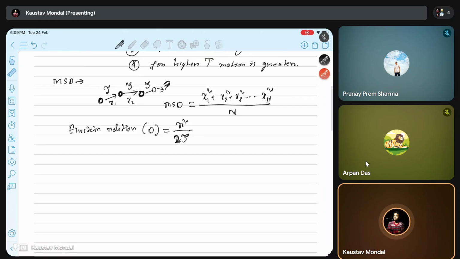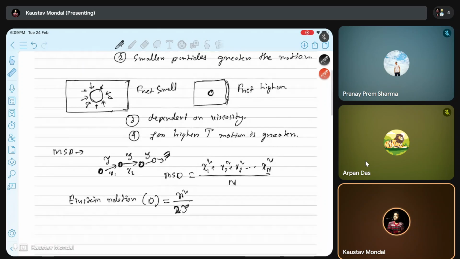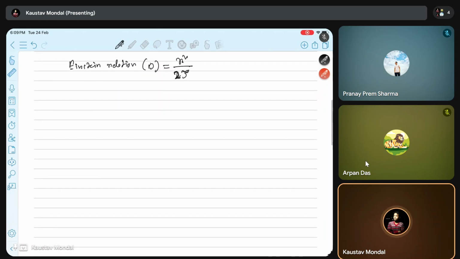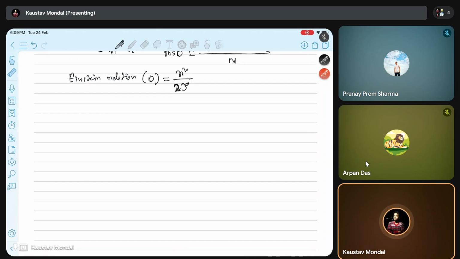Now, there is another proof of this diffusion constant that can be done using the concept of the osmotic pressure. Okay, so osmotic pressure: let's suppose there are two sides in a compartment which are connected by a permeable membrane. In this case you have a solution, and in this case there is only solvent,